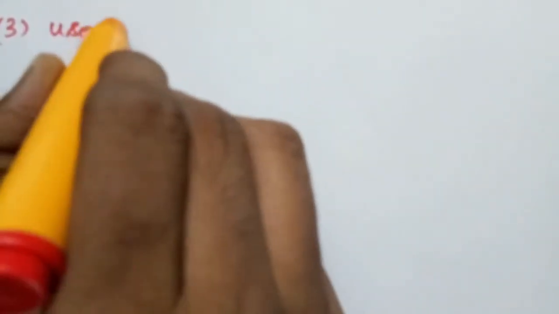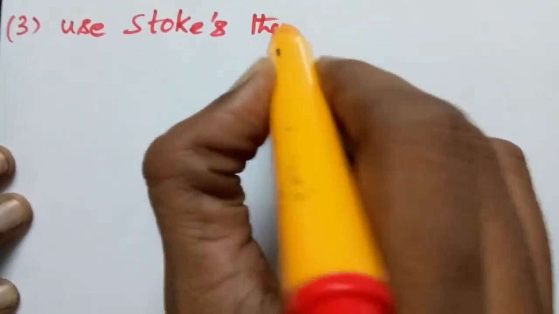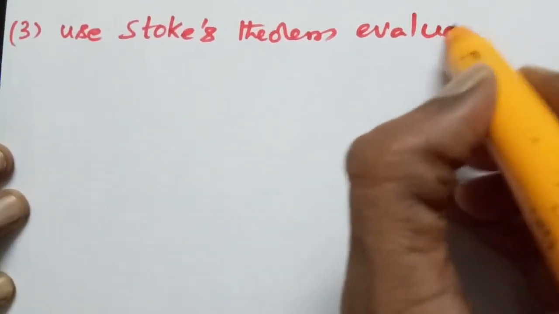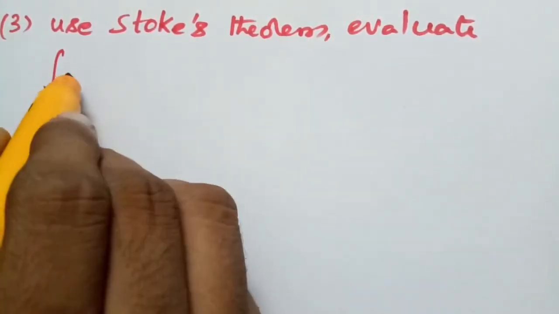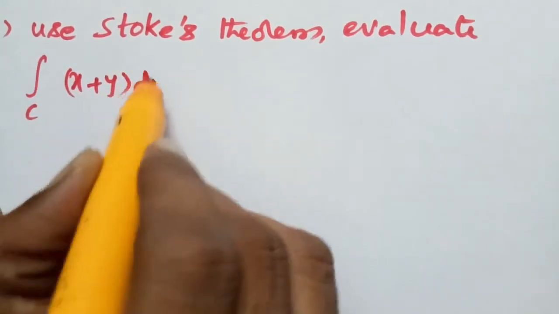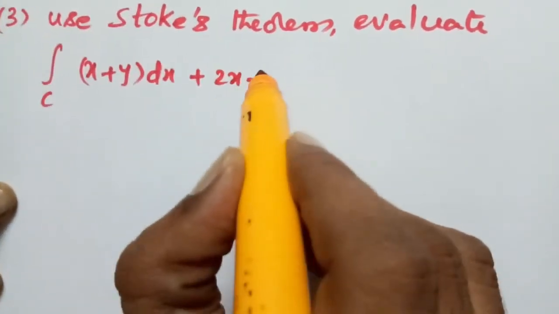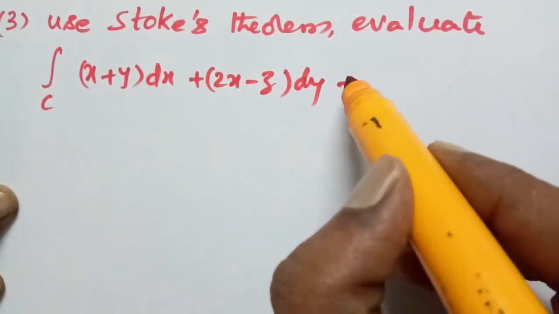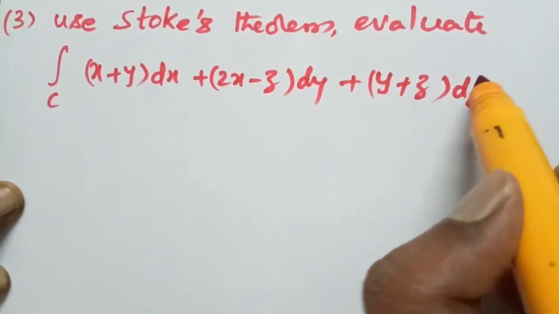Use Stokes theorem to evaluate the integral over C of (x plus y) dx plus (2x minus z) dy plus (y plus z) dz,